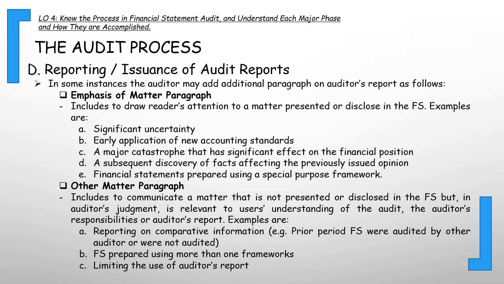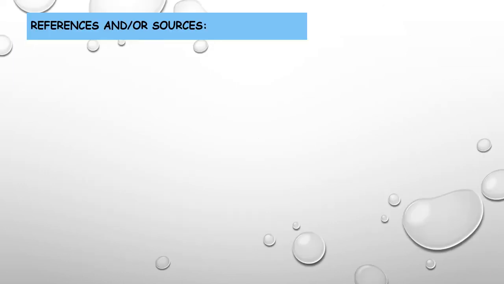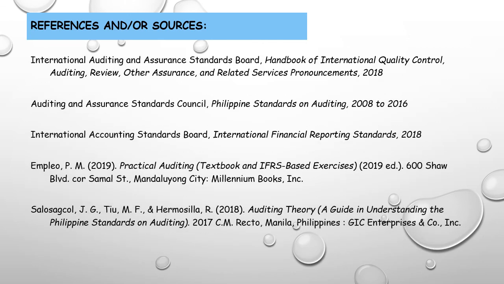Okay, so ito yung mga reference and sources natin. Yan. Then that's the end of our discussion. Our next topic will focus on working trial balance and the usual year-end adjustments in the financial statements, yung results ng the deferrals and accruals. Suggested reading material siguro is yung basic adjusting entries dun sa deferrals and accruals. So, madali lang. Then, after natin nun, doon na tayo sa correction of error, then cash, sunod-sunod na.